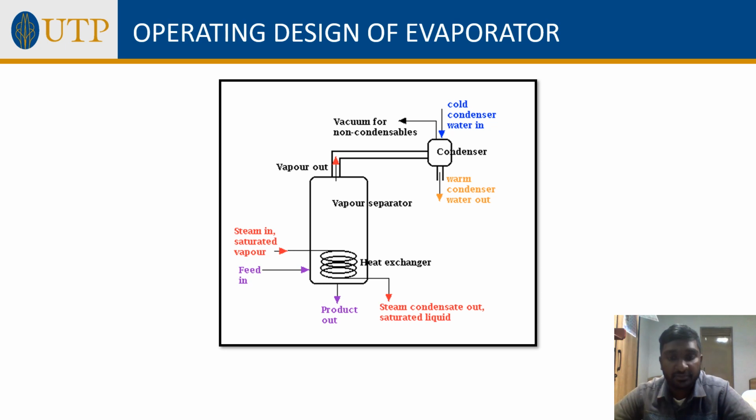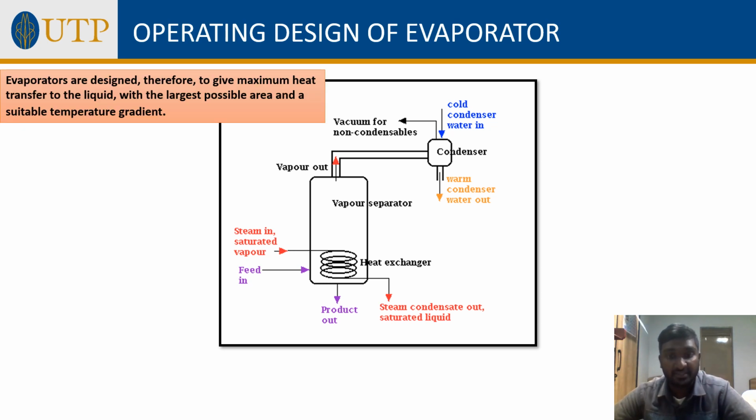The vapor separator removes entrained solids from the vapors, channeling solids back to the heat exchanger and the vapors out to the condenser. It is sometimes a part of the actual heat exchanger, especially in older vacuum pans, but more likely a separator unit in new installations. The condenser condenses the vapors from inside the heat exchanger and may act as the vacuum source.